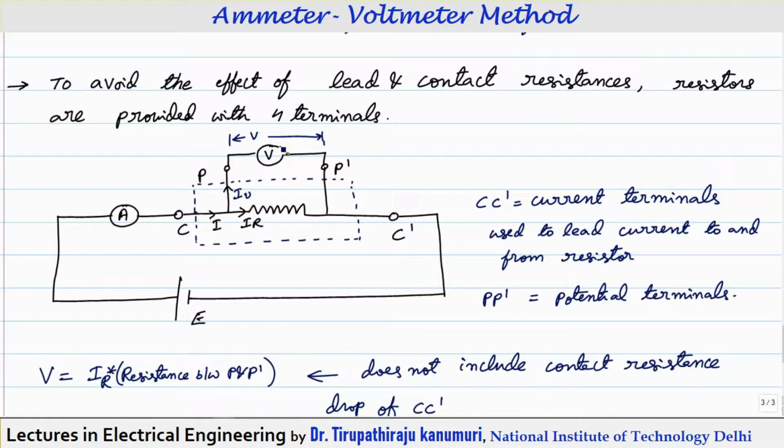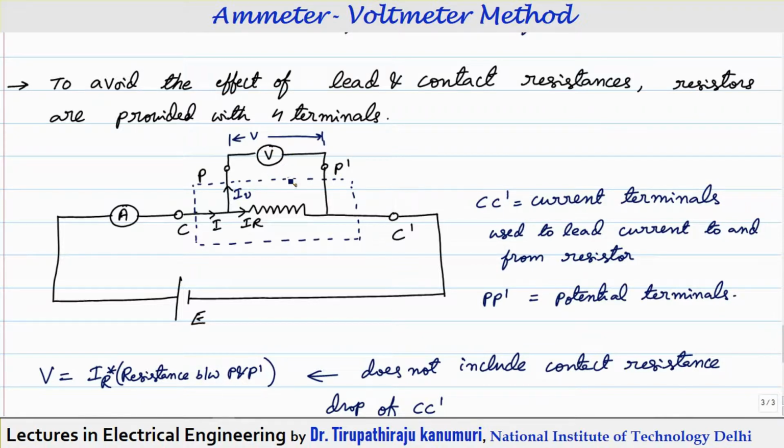So now coming to the voltmeter, the voltmeter measures the voltage drop across these terminals P and P dash. That means between P and P dash, this much length of leads are there, but generally these lead lengths will be very small and proper precaution will be taken. And the second one, this lead resistance is there plus this contact resistance, that also will be measured by this voltmeter. That means this voltmeter measures the voltage drop across IR plus the voltage drop in this lead plus the voltage drop across this contact. But we know the value of IV is very less, so automatically the voltage drop in these leads as well as this contact will be very less compared to the resistance of the voltmeter.